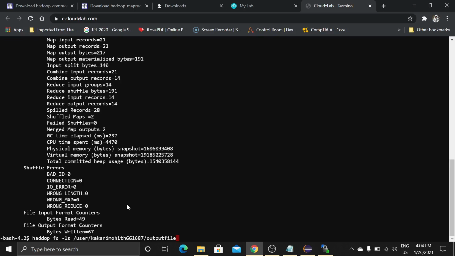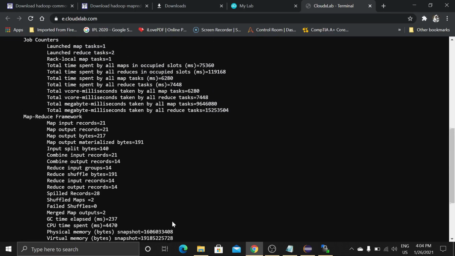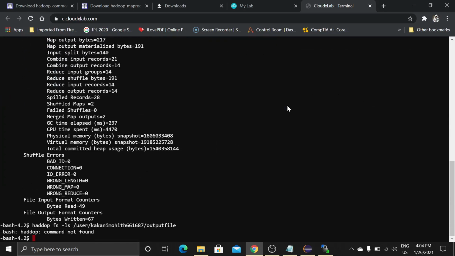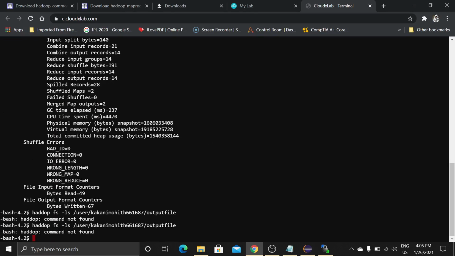This is the output file which I have given to see the output. Sorry. Here I wrongly typed Hadoop. The spelling of Hadoop was wrong.